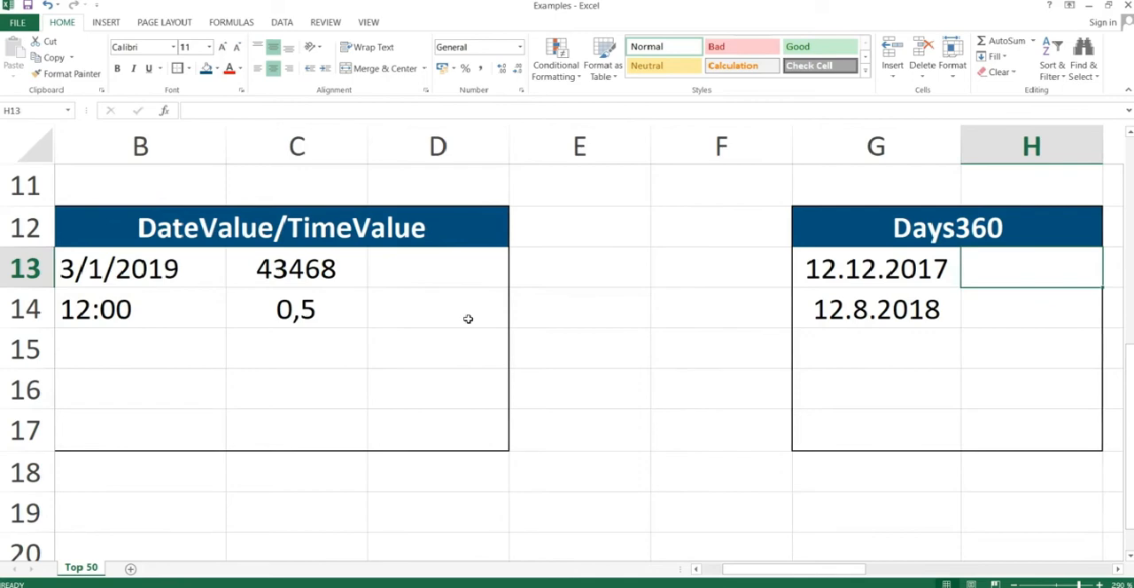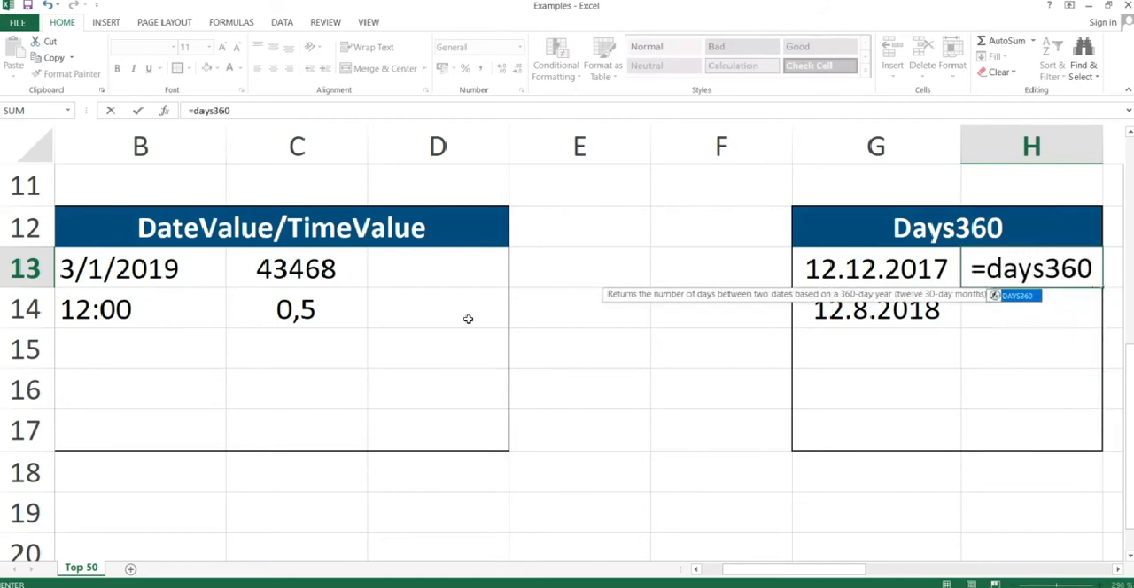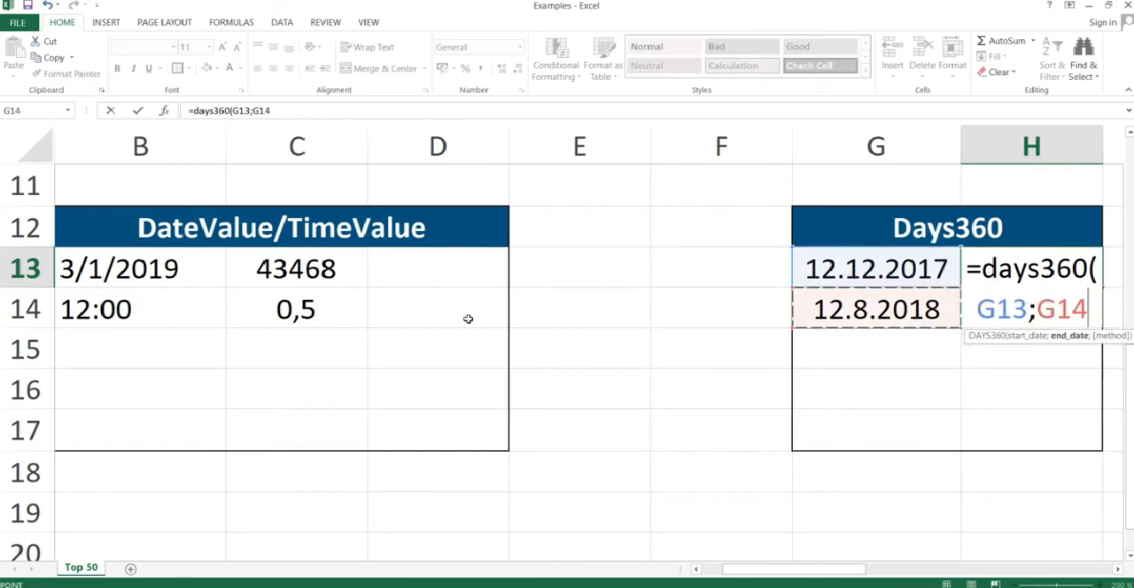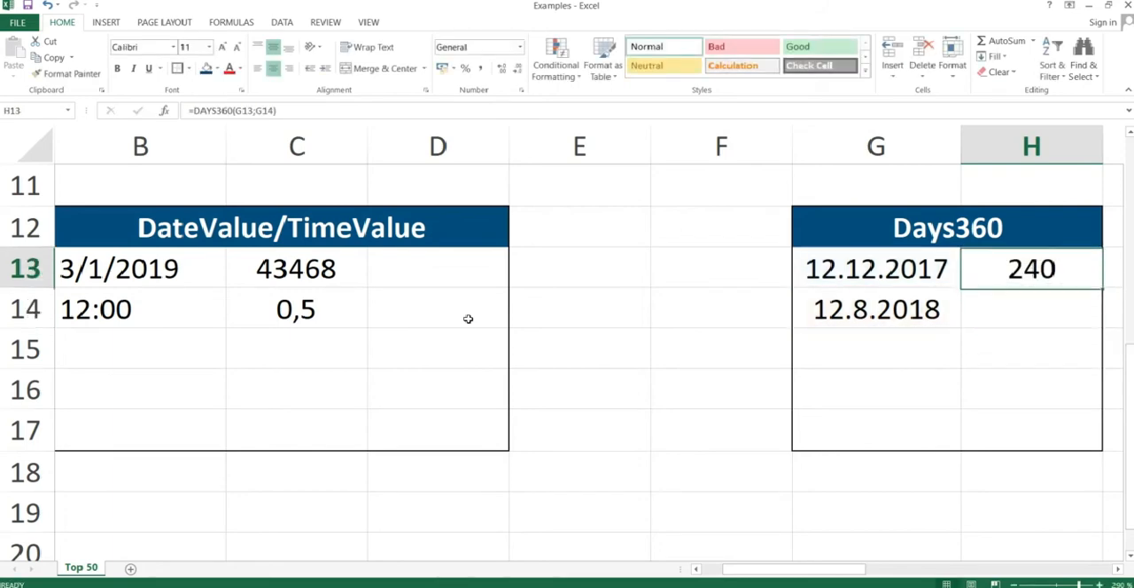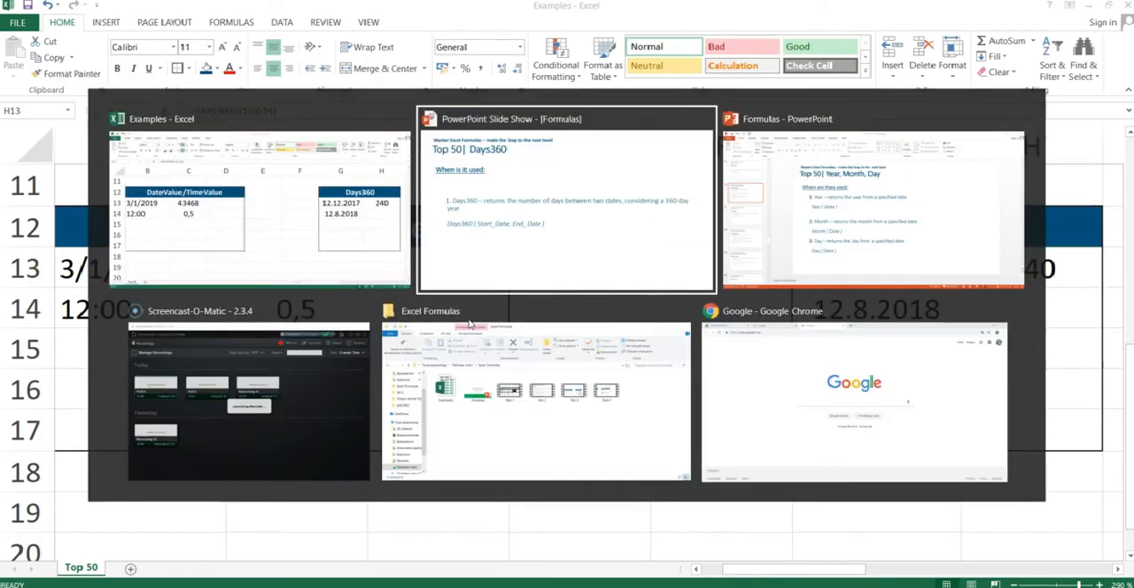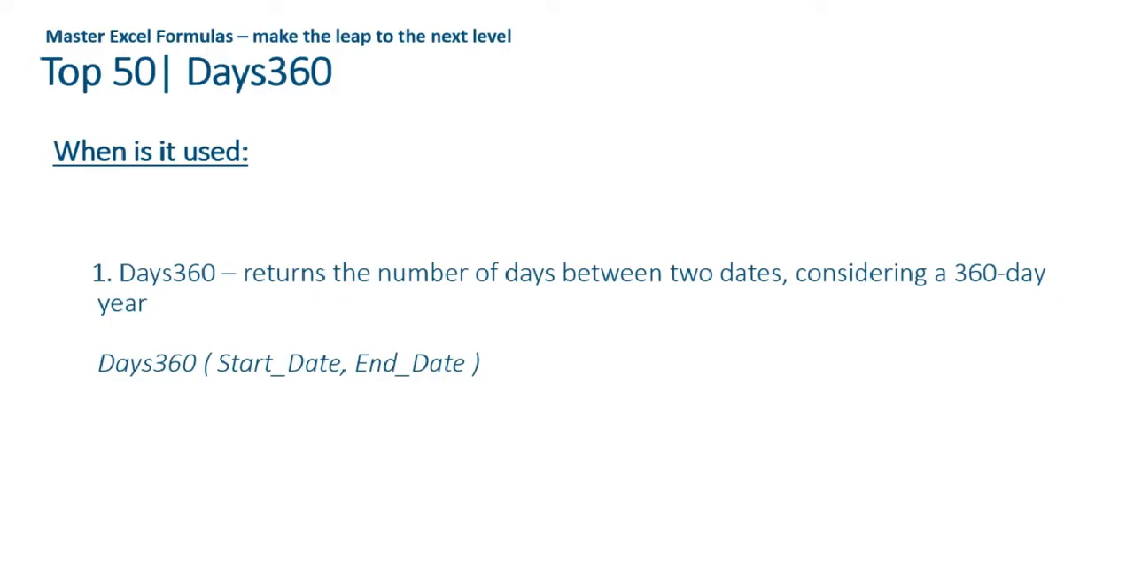So we have the two dates here, 12th of December 2017 and 12th of August 2018. In order for us to get the difference in days based on a 360 day year, we need to select the start and end dates. So we have 240 days here. Now back to the